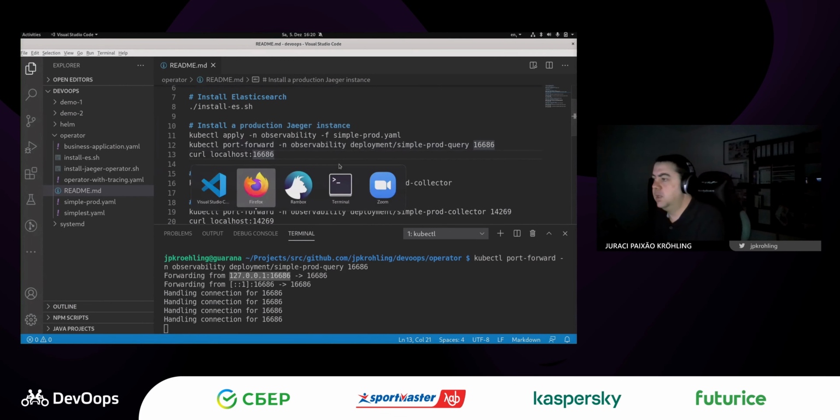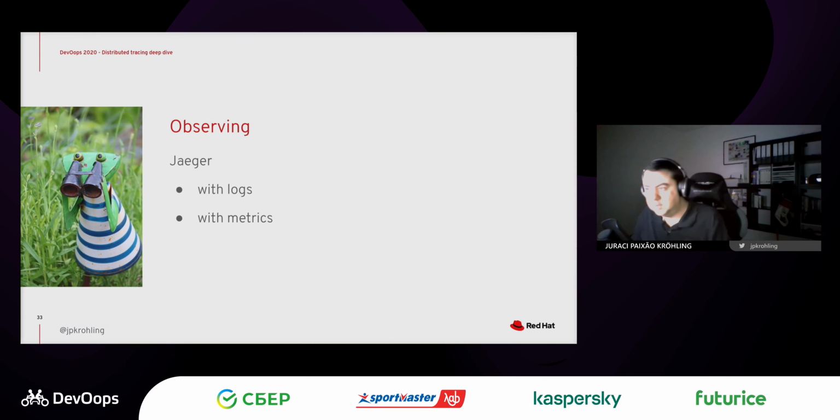All right, so we've seen how to install Jaeger, how to provision Jaeger on a simple Jaeger instance and a production quality Jaeger instance. And I think it's now time for us to talk about observing Jaeger. So the first basic way of observing Jaeger is, of course, with the logs, and I'm not going to spend thoughts on that because you're all quite used to watching logs already. And for the metrics, what we can do is, each component of Jaeger comes with an admin port and